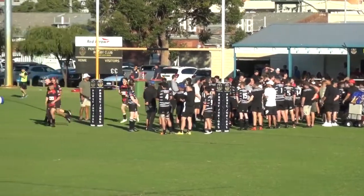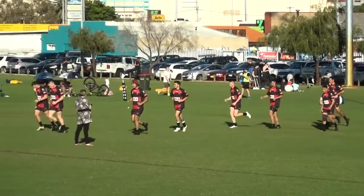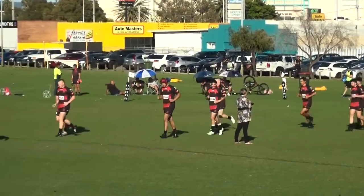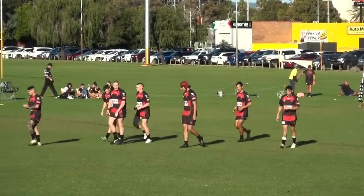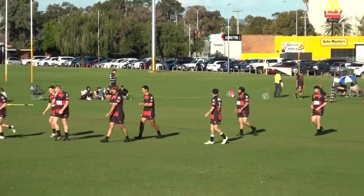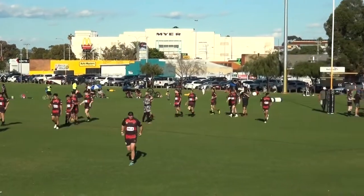Round 7, the Fortescue match, Rugby WA Fortescue Premier Grade. Perth Bayswater up against Kalamunda here at Pat O'Hara Reserve in Morley. My name's Josh Dwayne and the Kalamunda rugby side just running out onto the ground now. The visitors in this clash with Perth Bayswater